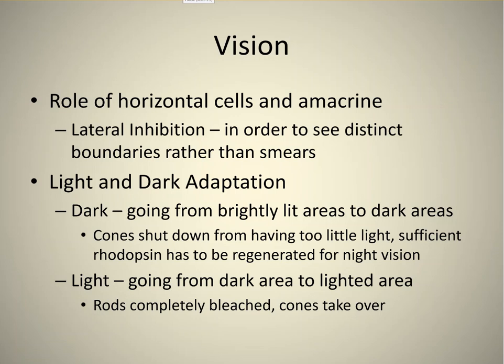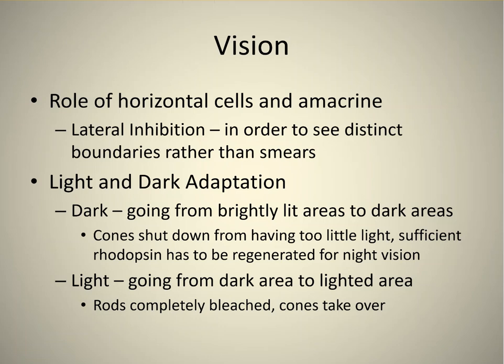Okay, this is the last video in the sensory chapter. We'll look at another role of horizontal cells and amacrine cells, and this is called lateral inhibition, in order to see distinct boundaries rather than smears. This is hard to describe in words. Usually, I write it down on a whiteboard to show you this, but what it means is that generally when